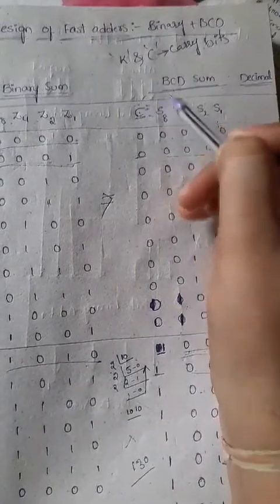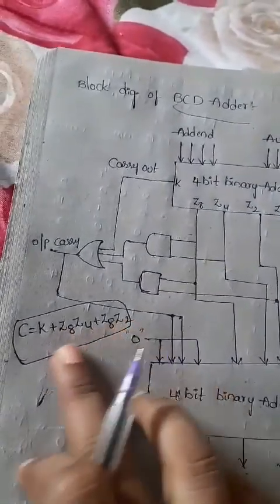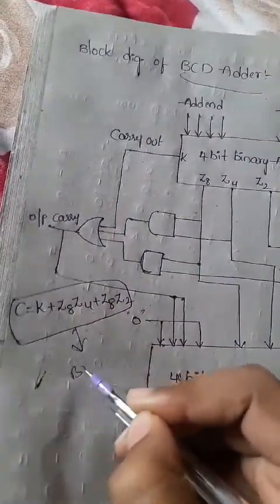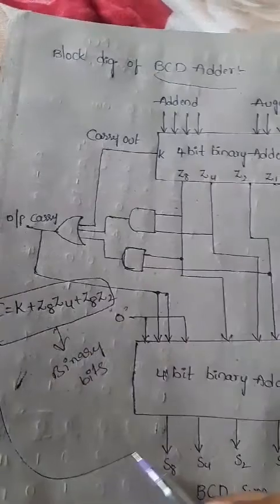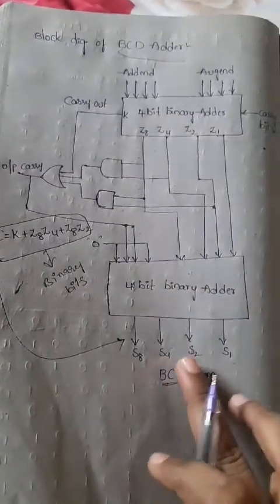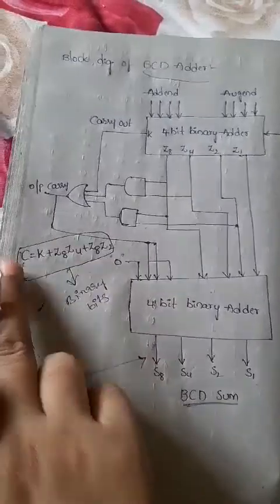So that means we are giving the input as binary and we should convert these numbers into this format. With the help of these bits we can convert it into these bits, right? So the BCD sum result will be represented by C, in which format? Binary format. So all of these are represented by binary bits, and by using these binary bits we can get the BCD sum. That BCD sum will be represented here, S8, S4, S2, S1. This is the carry bit of BCD. So now we'll see how we can get that value.